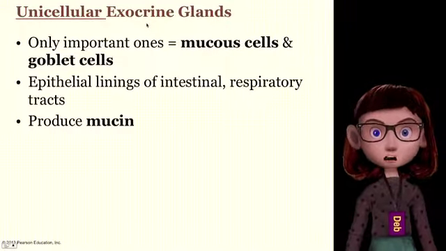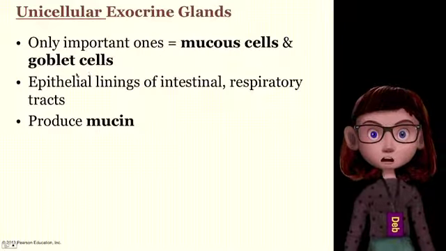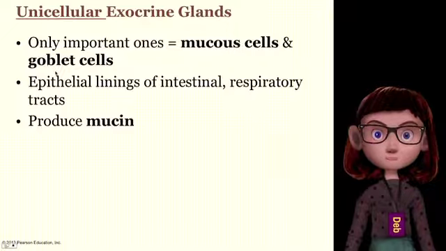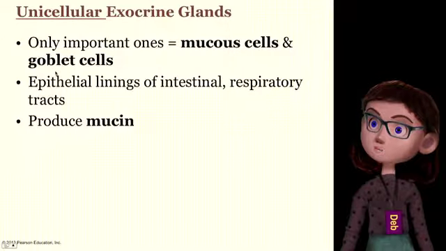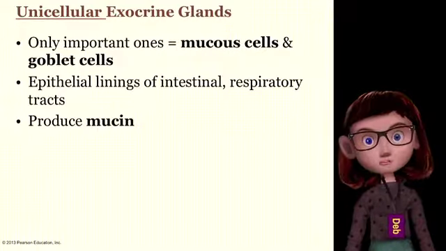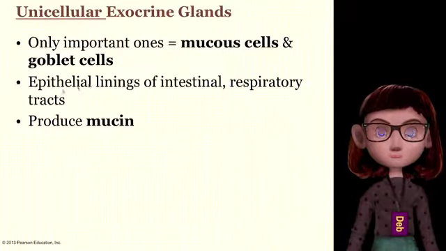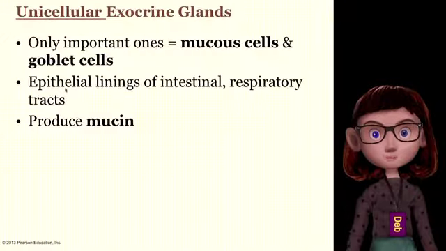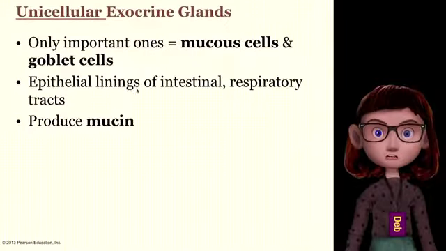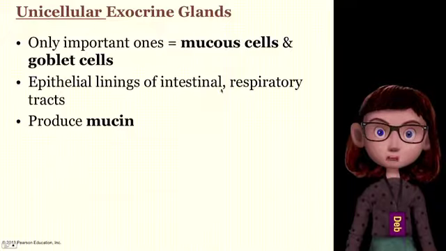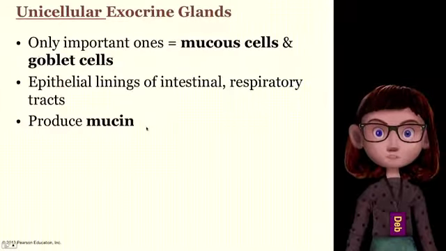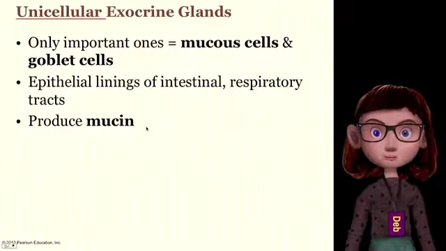The only important ones, though, are called mucus cells and goblet cells. So we talk a lot about goblet cells. A goblet cell looks like a little goblet, like a little wine goblet, basically a little glass, and it's filled with mucus. These cells are interspersed in very great number among the epithelial linings of the intestinal tract and the respiratory tracts. The product that they make is called mucin, M-U-C-I-N. When mucin is mixed with water, it becomes mucus,